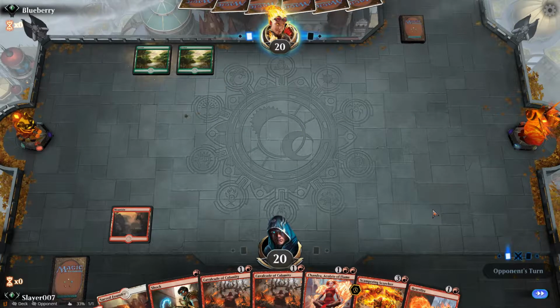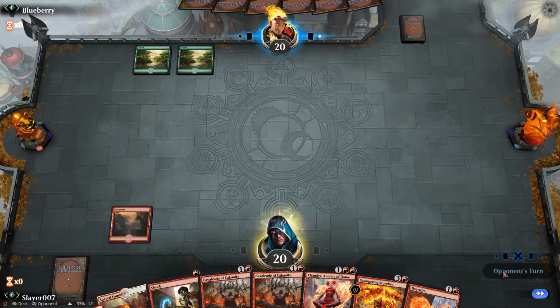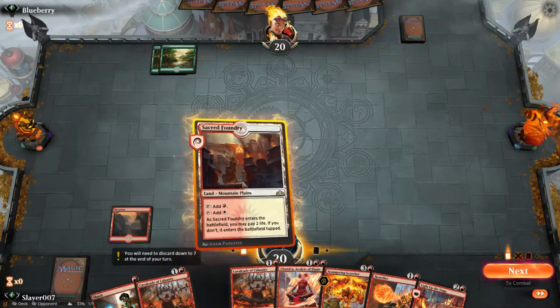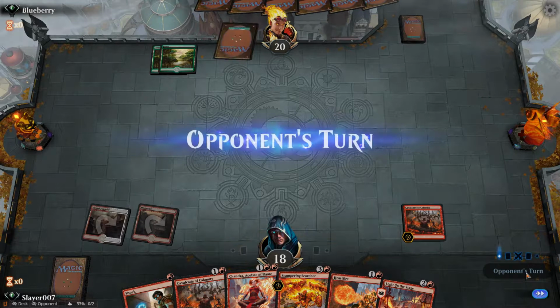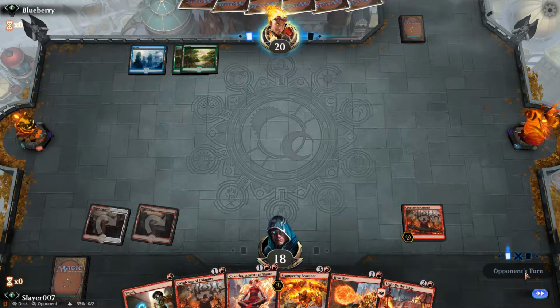Blueberry is thinking. Interesting. No 3/3. Okay. We'll play our Calamity here. I think we can't really afford to just lay back and hope our opponent doesn't have anything, so...